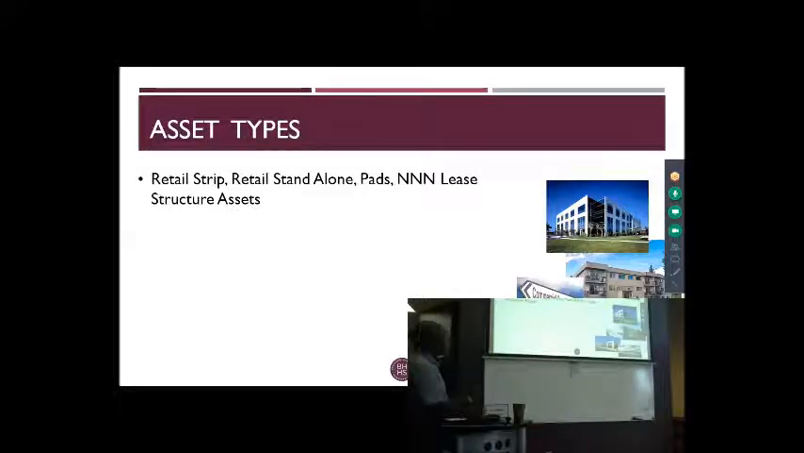So again, we talked about standalone. This is a standalone office, but you can have standalone retail. So Costco is a standalone retail. Back in the day when you had Kragen's and stuff and they weren't in strip centers, they had standalone